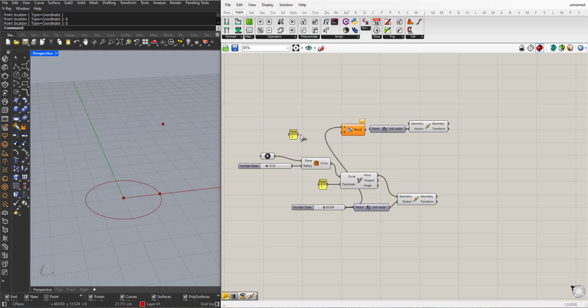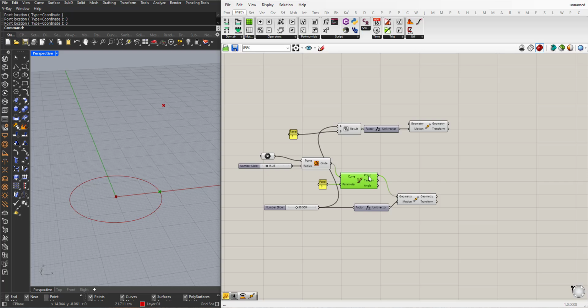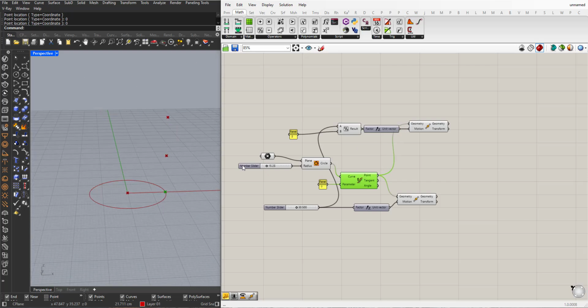I'll type 2. Connect this here. And this point, I will connect it here. So now I have this point in the middle. It will stay in the middle because of this equation here. So when I bring this up and down,